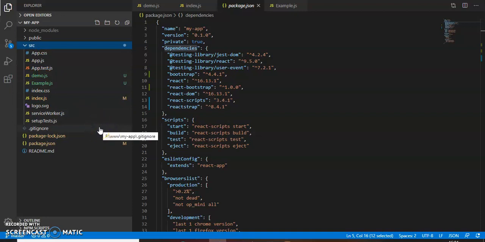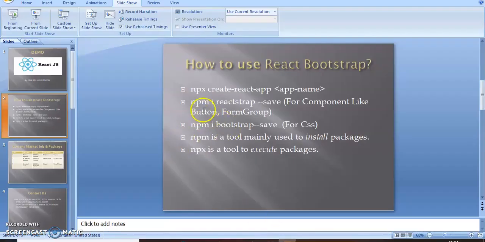So first we will install the bootstrap package. Here is the command to install the packages: npm i reactstrap --save, and another command is npm i bootstrap --save. When you install these two React packages,